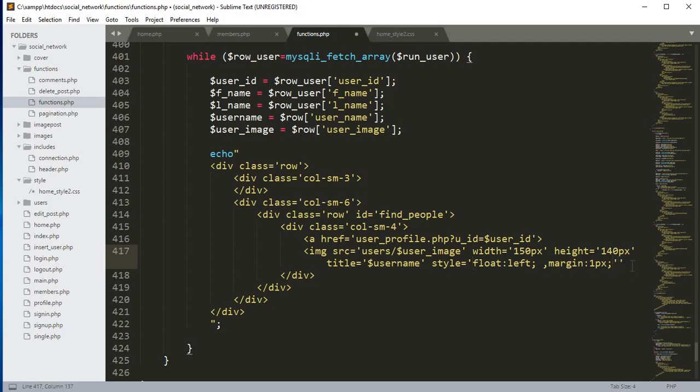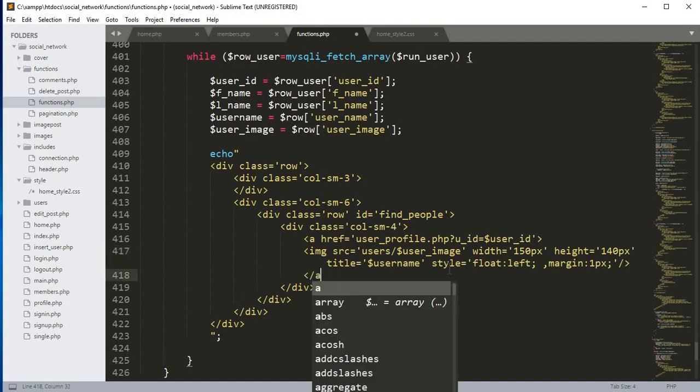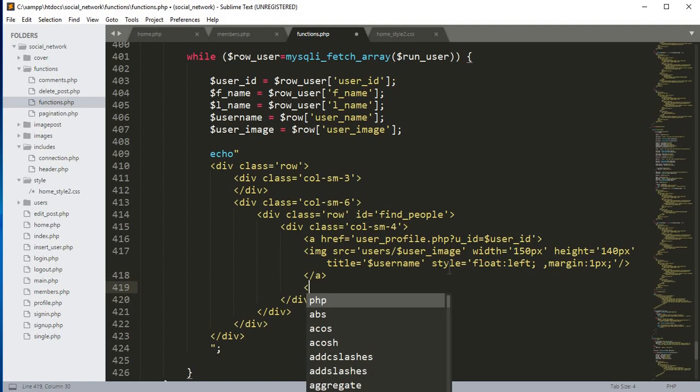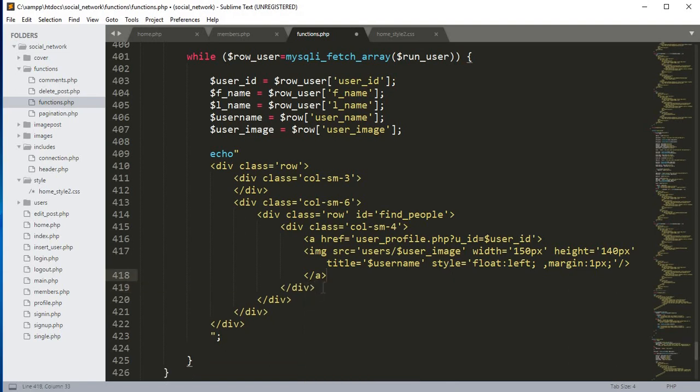Oh, like this. And we will end this image src and that, and then after that we will close the a tag, the a href tag. Okay, and then we will close that div. Okay, so we already did that. Okay, over here then we'll just add a 2 br,